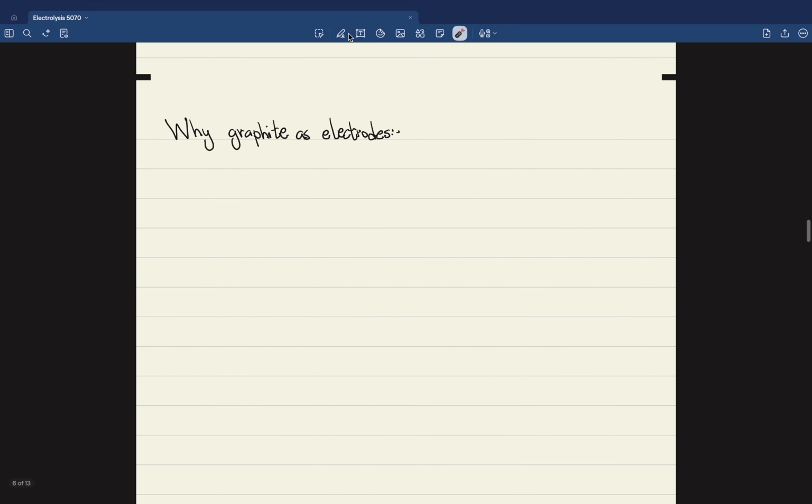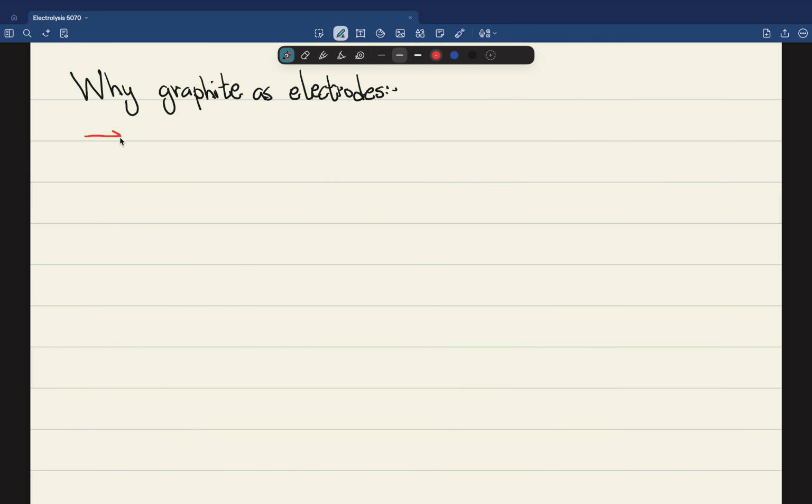अब see, electrical conductivity तो metals की भी है, electrical conductivity तो graphite की भी है, but why graphite and why not any other metal? Why not copper, for example? So let's talk about that. Graphite, because the first reason is its high electrical conductivity, right? इसकी electrical conduction ability is really good. So we'll have high electrical conductivity, ठीक है? Or it can conduct electricity, you can say that as well,